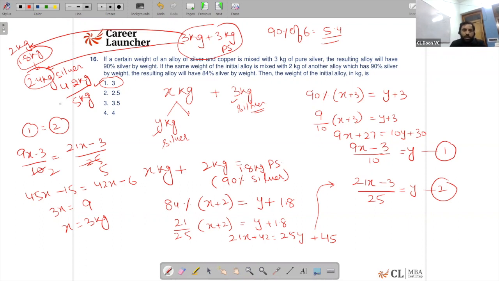So if I need to calculate its percentage, it is coming out to be nothing but 84%, which they have already given that it is 84%. Therefore, my assumption of 3 is right. So that's the playing with the option technique that we can always do in order to get the answer. So this could have been done using this approach as well, right? Okay, so this is the alternate way of looking at it.